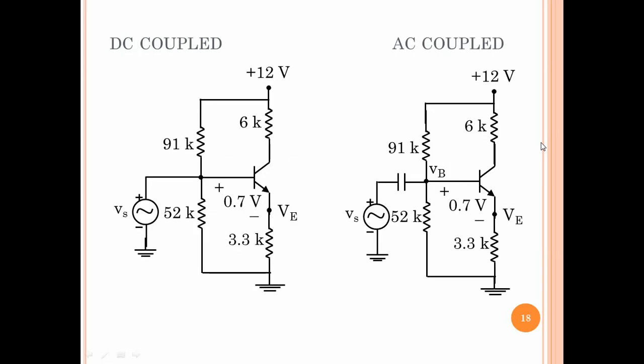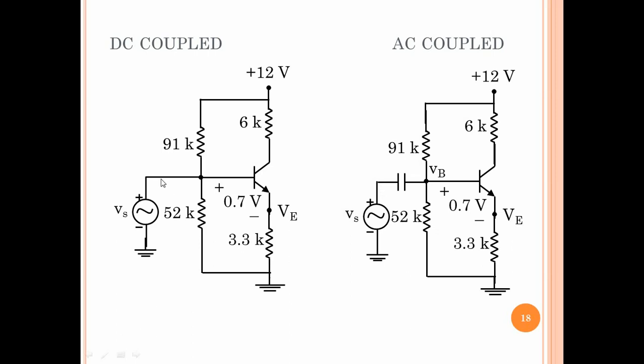Alright, a little more about the coupling. As I said, when you put a capacitor, this circuit is called AC coupled, and what that means is that the DC at this node and the AC are summed only when the signal is AC. That means the DC from the signal source will not get transmitted to the input of the amplifier. The DC will get blocked because the capacitor will not allow the DC to pass.